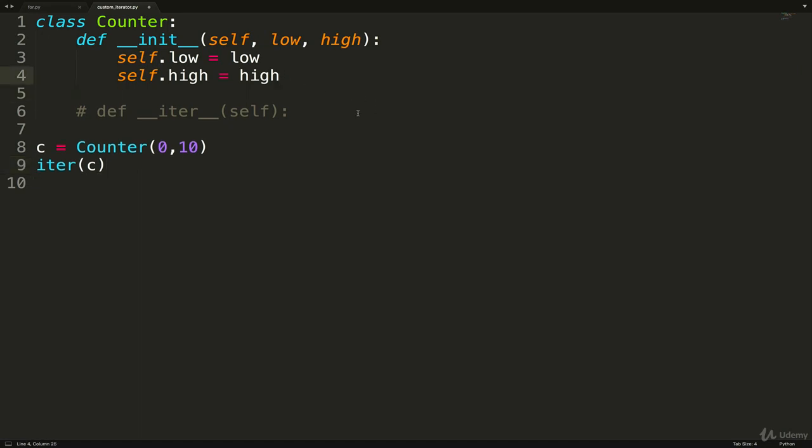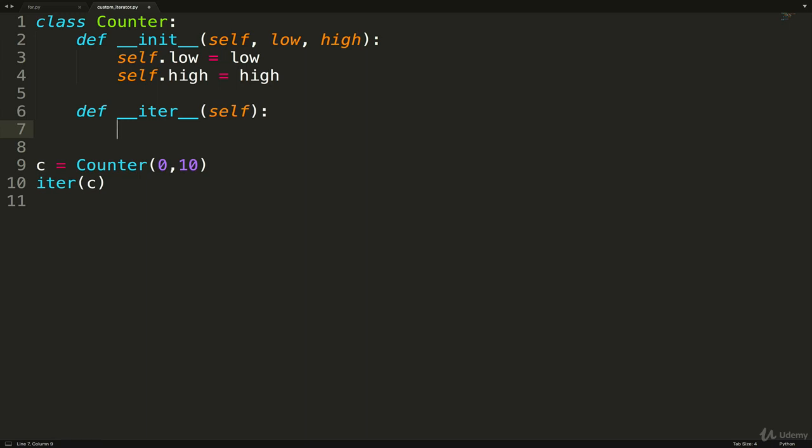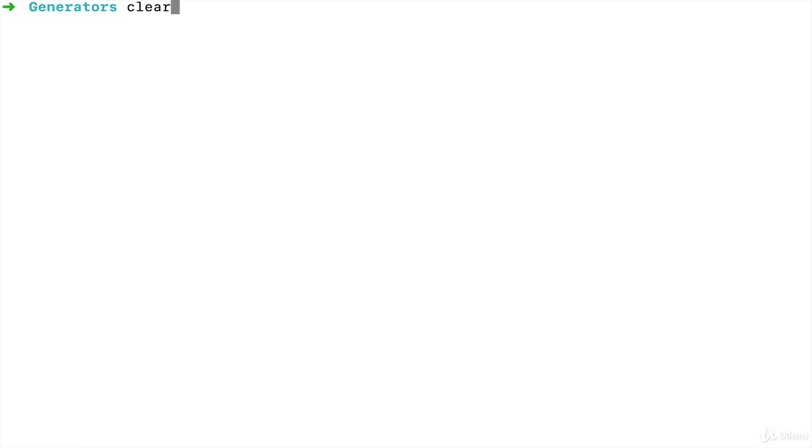So if we define our iter method here, we could start with something really simple and silly. Remember that iter needs to return an iterator. So we can't just return something dumb like a number or a string like hello, but we could return iter hello, because remember what this is here. When we call iter on hello, it's a string, it's iterable. This returns the iterator, string iterator, like we saw in the last couple videos. And now if I try it, we shouldn't get an error, and we don't.